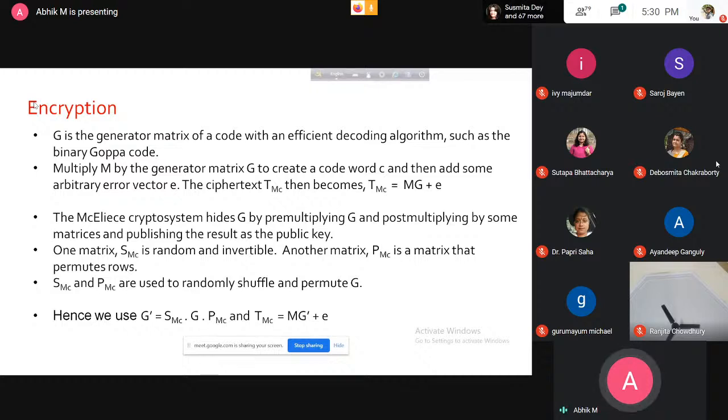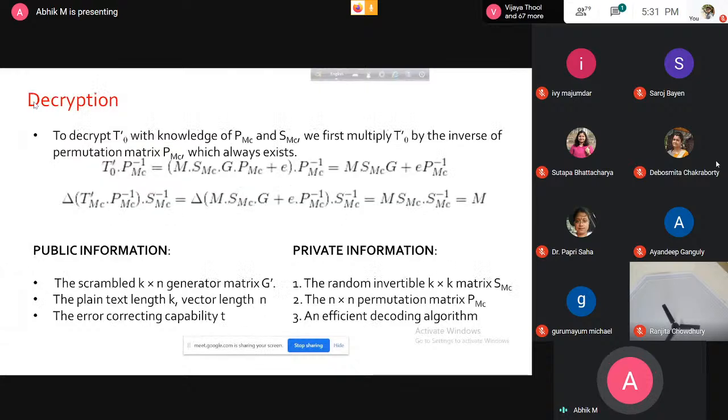Then this G, if you want to hide this G, you have to pre-multiply with the S matrix and the P matrix, which will randomly scramble and permute the matrix, and then you will use this particular G prime. And then for the decryption part, as I have said already earlier, from the P parts,